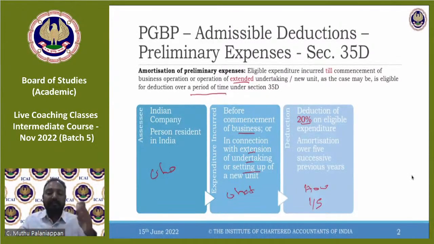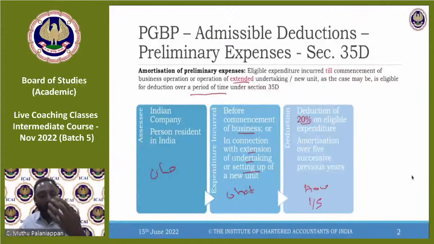What did we say? In scientific research, we said we can go back up to 3 years of preliminary expenditure before commencement. You can claim that in the period of commencement. In 35AD, what did we say about before commencement? We said if an asset has been invested in before commencement, but capitalized on the date of commencement, then that could be claimed as a 35AD deduction in the year of commencement. So please understand, each term has relevance somewhere else also. When I say before commencement, I can remember section 35, I can remember section 35AD, correct?